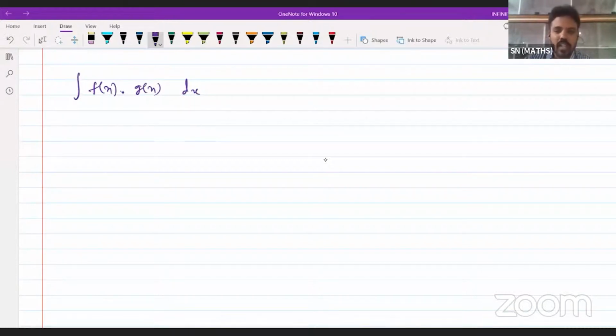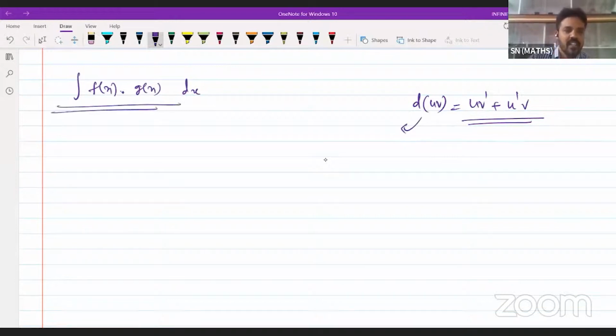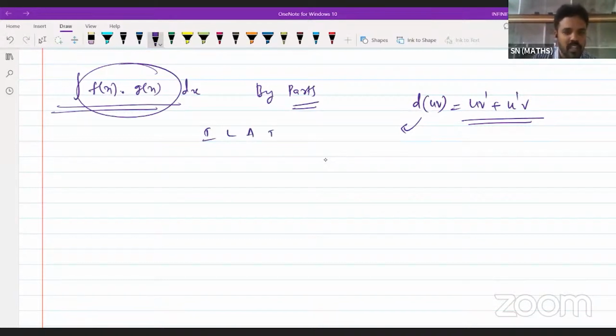Of course, we know that the derivative of uv, u into v dash with respect to x, I am writing plus u dash into v. Yes or no? Similarly, since this doesn't exist directly in integration, the process we do is called by parts. And for that, for IP or something else, we know all the formulae. The by parts formula is there, and the condition for the by parts formula is there. Where to choose the first function? We know the condition I laid, and some important properties are also there. We can go for this one, but especially for JEE mains,